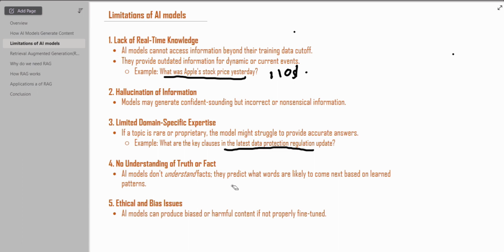Okay, so let's understand the next point. No understanding of truth and facts, right? Because LLM models or AI models do not have access to real-time data, they do not understand the facts. So if we ask a question for which they do not know the answer, then they'll try to produce the answer based on what they're trained on, right? So let's say we ask a question, who won